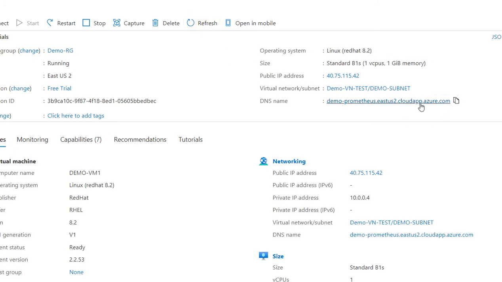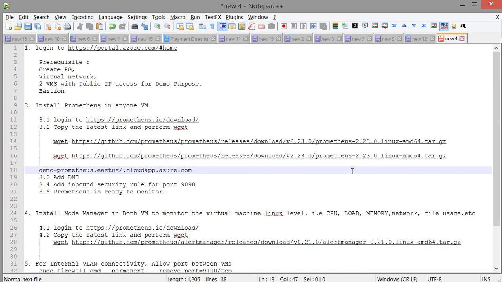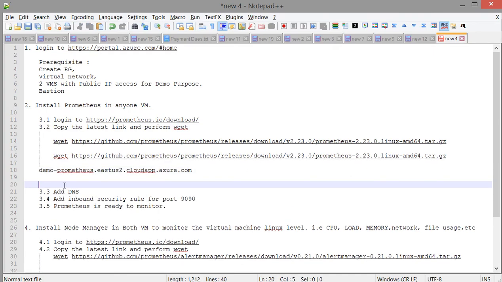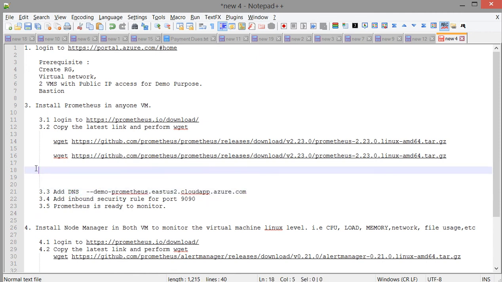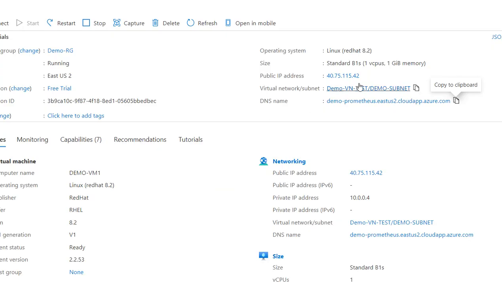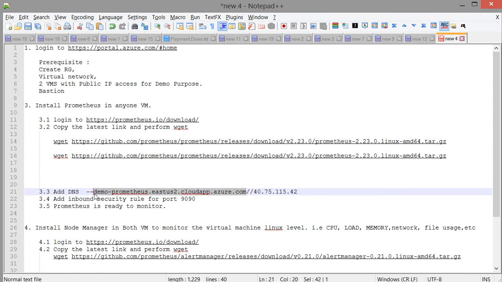Okay, so we got the DNS name also. So we have done the RDNS. Also, if you no need to use DNS, we can use this public IP straightway, like that. So now just copy this,